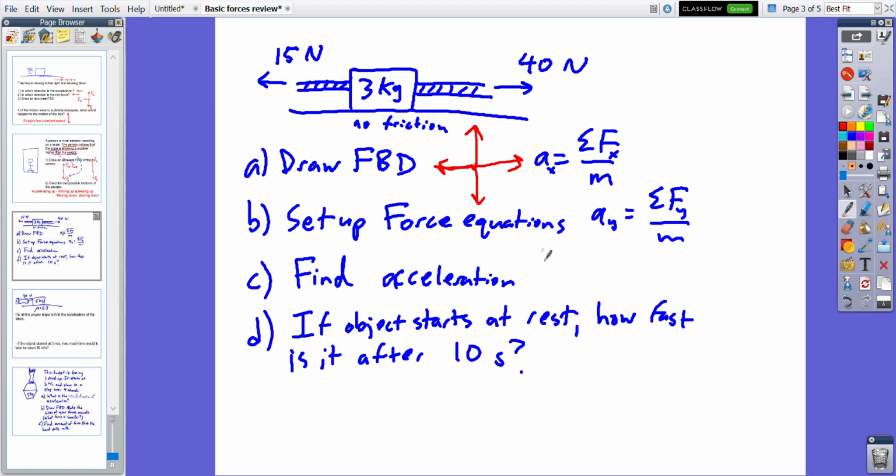Set up your force equations. Remember, these two are your force equations, all right? So when you look at the x direction separately from the y direction, aka the horizontal direction separately from the vertical direction, for this x direction, you should only look in the horizontal direction. And you see these two arrows right here. So this x direction should have the forward arrow and the backwards arrow. So you can call it rope 1 and rope 2. So for example, if I call this tension 1 and tension 2 here,